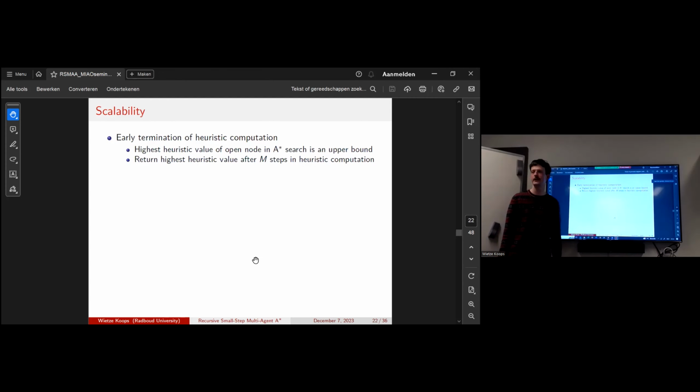Okay, but it's quite an expensive recursion because you have to do this for all the observation histories, which can be exponentially many. How do we make it more scalable? Well, we can terminate early in A-star search and still get an upper bound, because the highest value of an open node is always an upper bound for the optimal solution in A-star search. So what we can do is return the highest heuristic value after m steps of running this A-star search, and that's still going to be an upper bound. It's an upper bound for an upper bound, but still this turns out to be usually better than